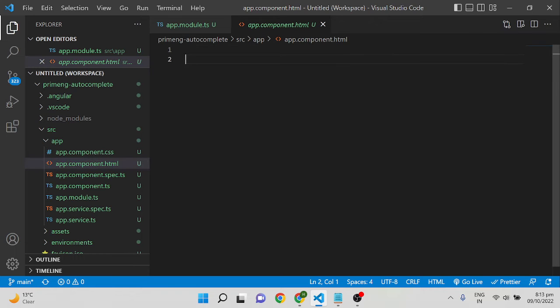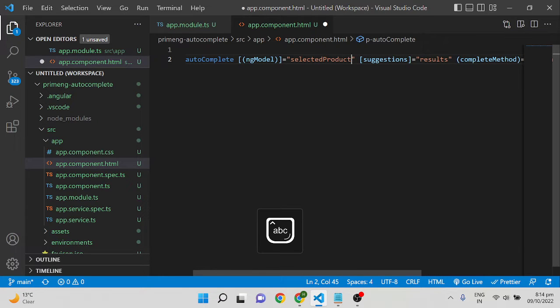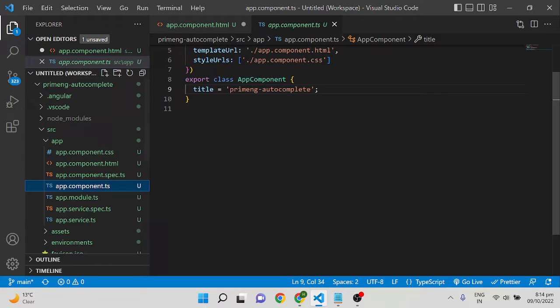So first one is text. So instead of text, I am giving selectedProduct as a variable name. Instead of suggestions, I am giving productList, and these variables I am going to declare in the app.component.ts. So productList is an array,